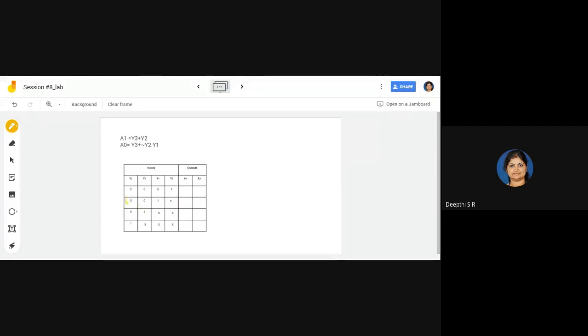Okay, so I'll take the second row. So what is expected here? When y3 is 0, y2 is 0, y1 is high, and y0 is 0, what is the expected output?